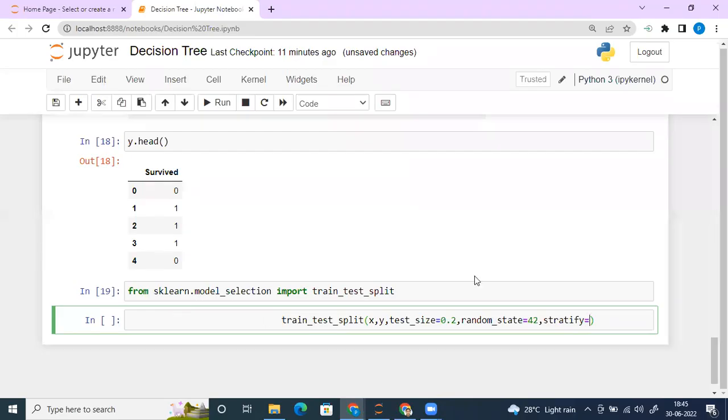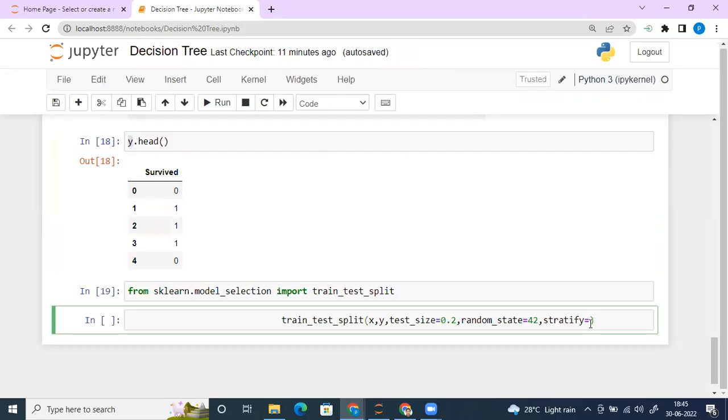On the basis of which you are deciding, on the basis of the y column, which is the survived column, so that the same proportion which is available in the original data goes into the training and test data. Suppose in the original data you have 70% survived and 30% unsurvived, so the same proportion should be maintained in the training and testing data. So we are mentioning stratification, stratified sampling, but according to which column? That column is your